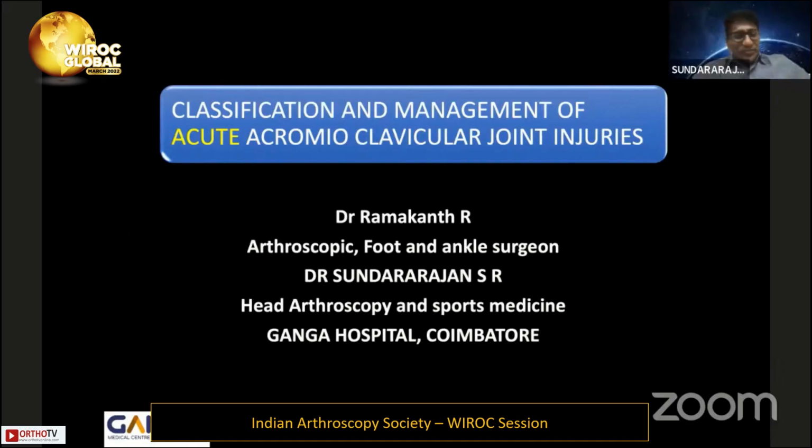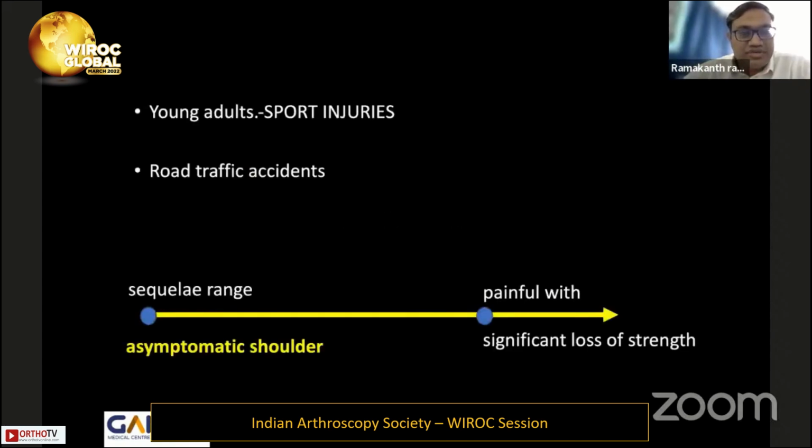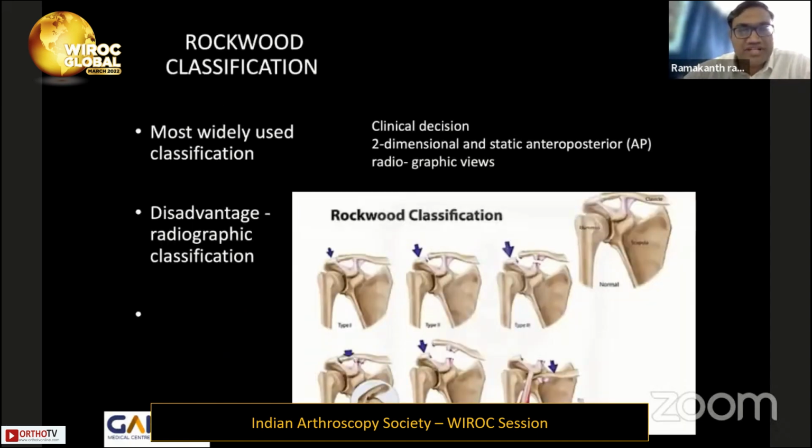So my talk is on classification and management of acute acromioclavicular joint injuries. These are usually seen in young adults in sports injuries and road traffic accidents. The spectrum is from asymptomatic shoulder to painful, with significant loss of strength when they present. Classically, the Rockwood classification is used, where 6 types are there, but these classifications are not clinically decision making